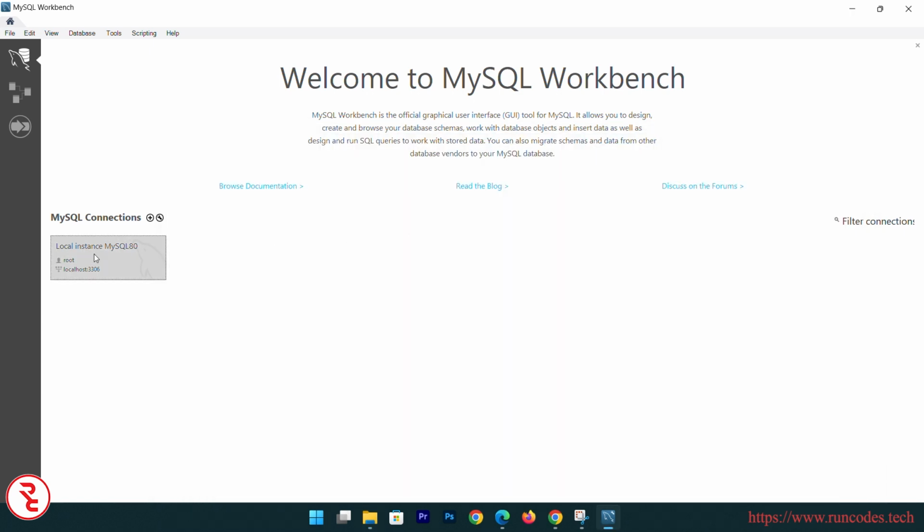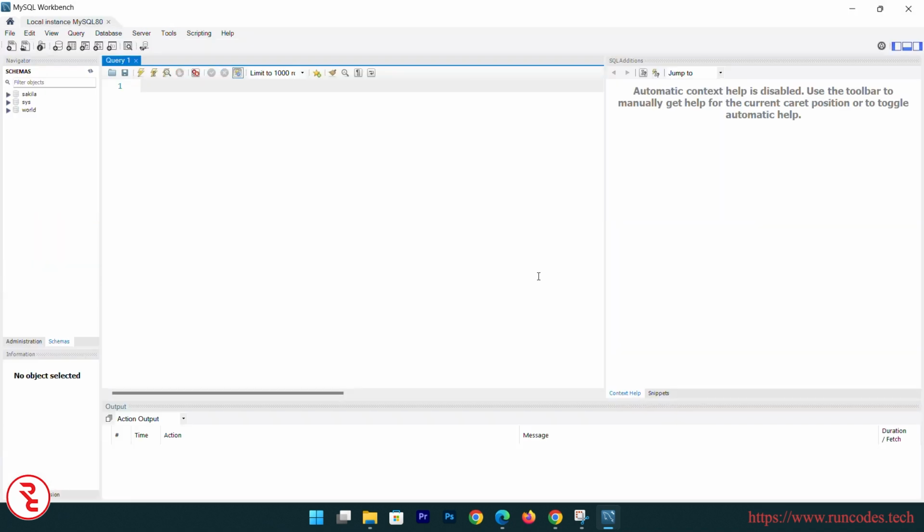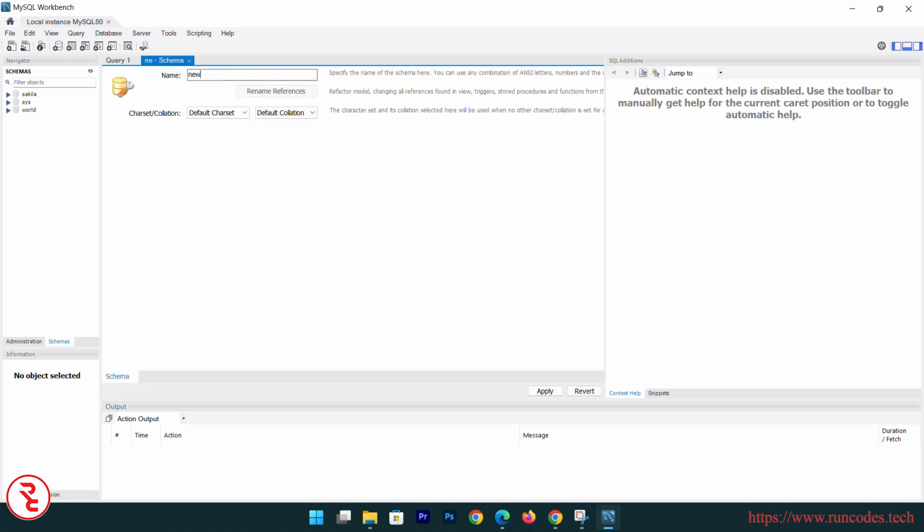So here click that local instance, and you have to enter the password that you set earlier while setting up this application. Click OK. Now here you can see inside the schemas, there are three schemas like sys and others that are created by default. Now in order to create a database or schema, there you can see one icon, create new schema, and here new database, click apply